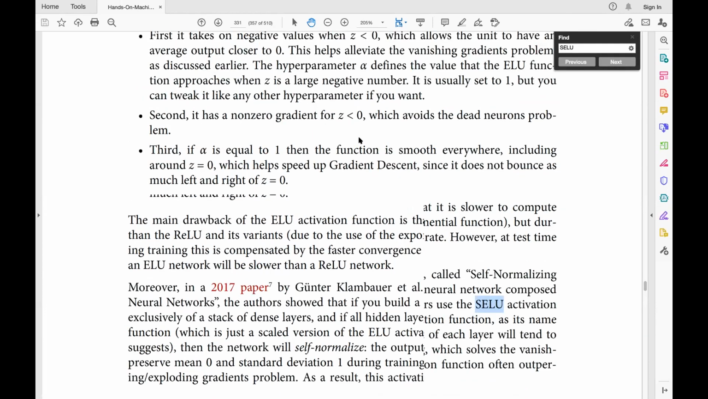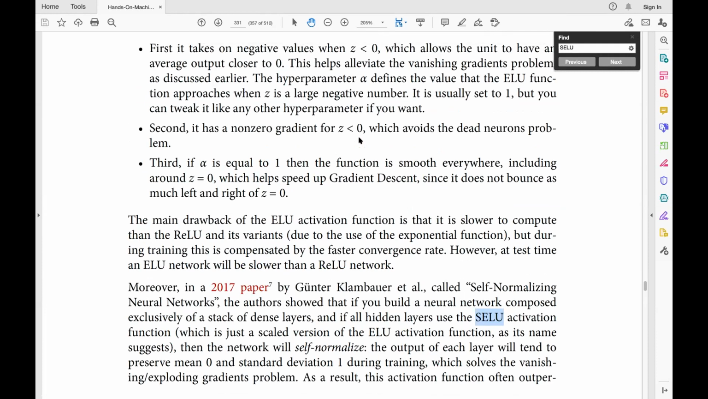So it says, moreover, a paper in 2017 introduced SELU. It's a scaled variant of the ELU, and then it goes on to say, if all hidden layers use the SELU activation function, then this network will self-normalize. So the output of each layer already has a mean of 0 and a standard deviation of 1, and that solves your vanishing and exploding gradients problem. But the catch is, you have to have a few conditions for that to happen,